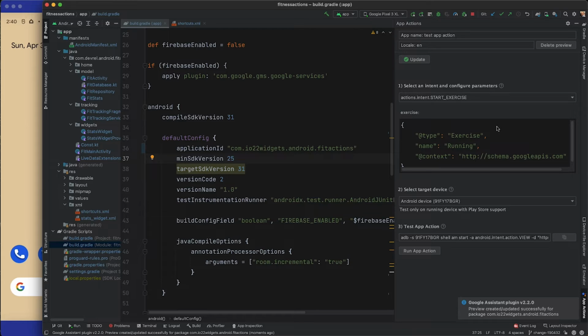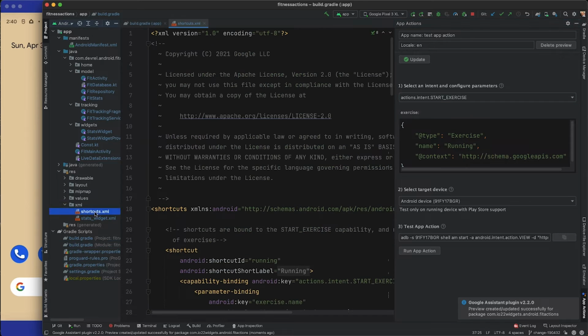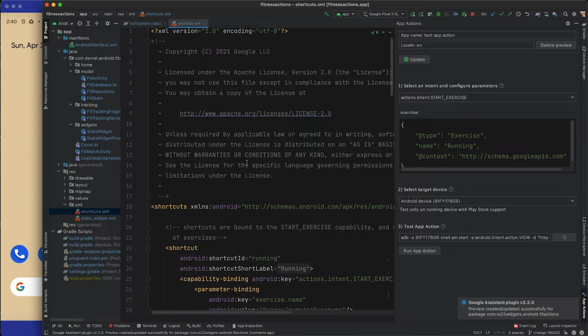We have now successfully created the preview, and we see in the intent dropdown that we can trigger the start exercise and the stop exercise intent. This corresponds to the capabilities that we have defined in shortcuts.xml.